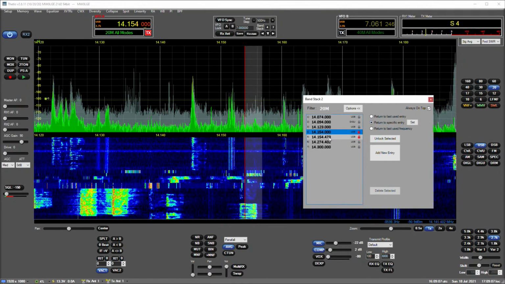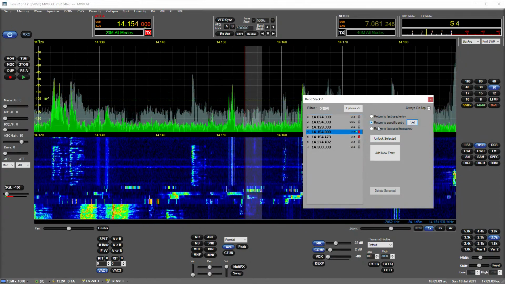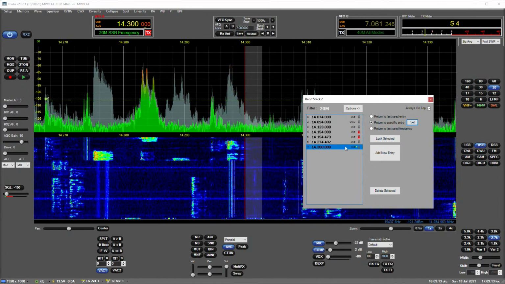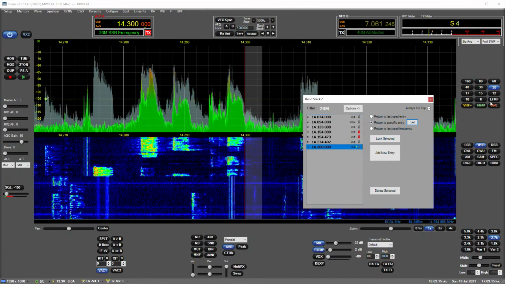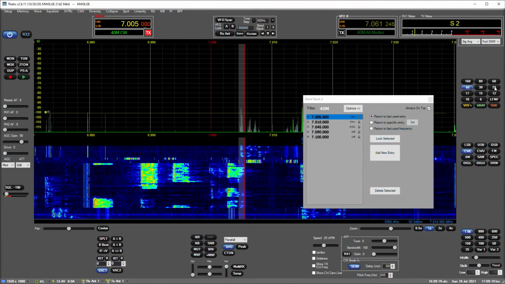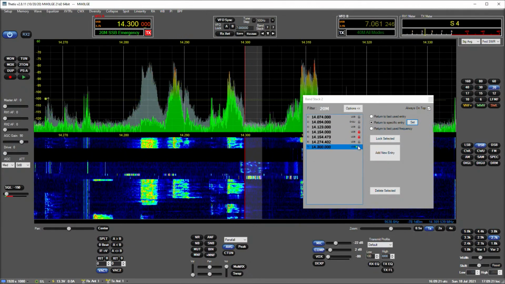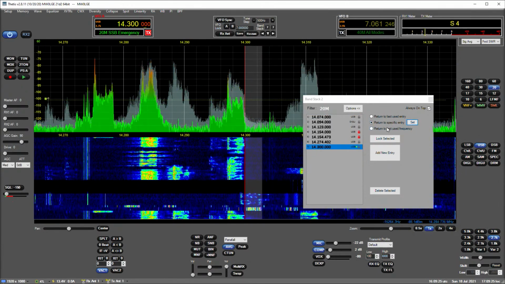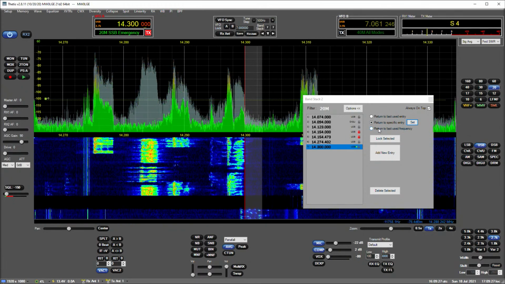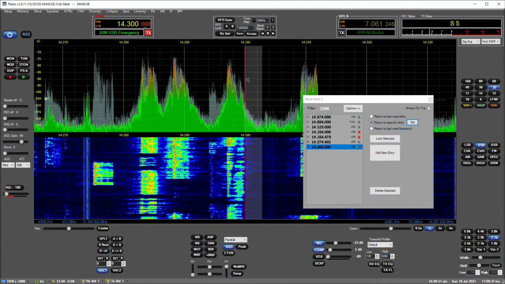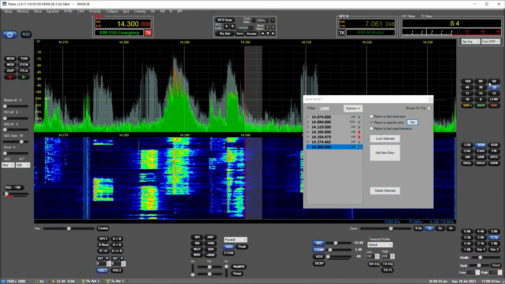You can also set a band to have a specific return point. So if we always want to come back to 14.300, we can do that. So we can cycle around as normal, end up on there, go to 40, back to 20, and we're on that one with the green dot, which is the specific entry option. And then we have return to a last frequency mode, which is quite handy for things like